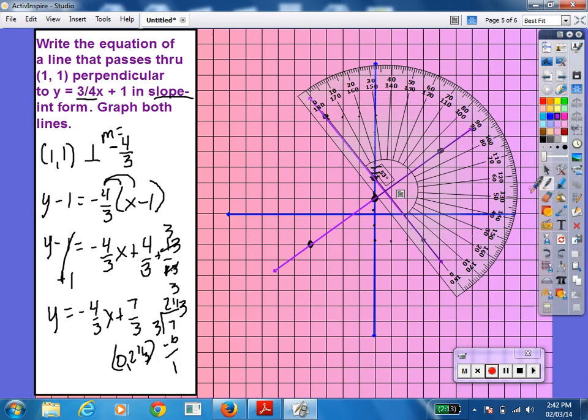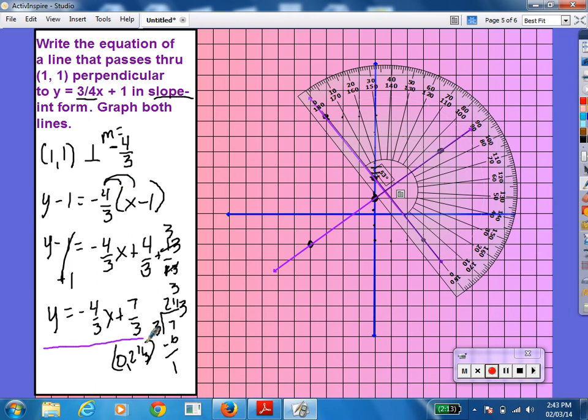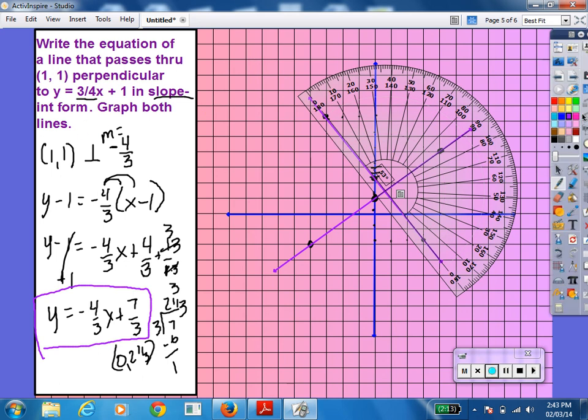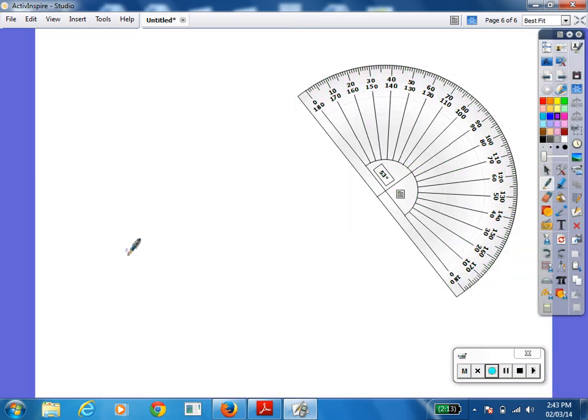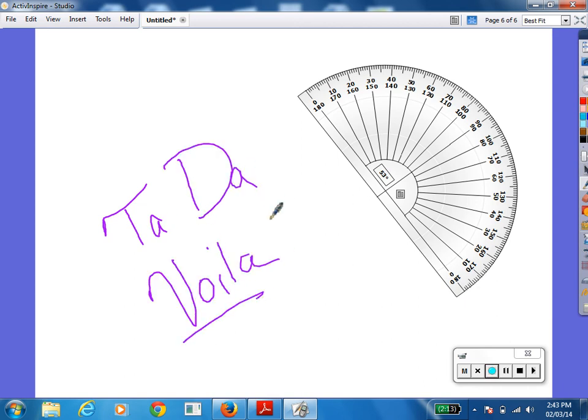So you've answered the question. You're getting practice graphing lines. And there's your equation in slope-intercept form. So you've answered the question. And that's all I have. So ta-da, or voila, you can do this. It's going to be fine. Make sure you have questions and you can